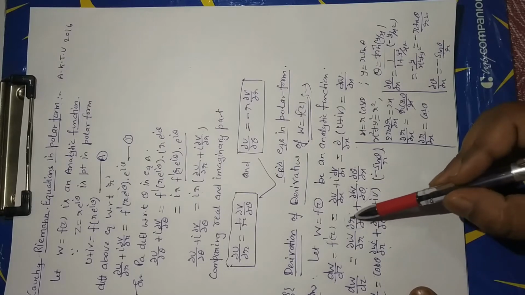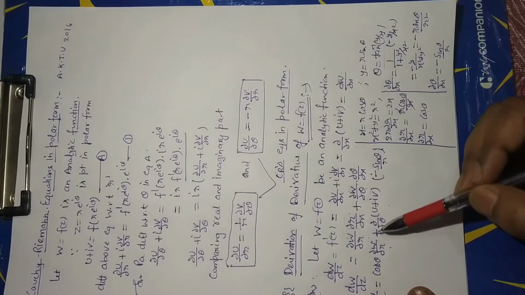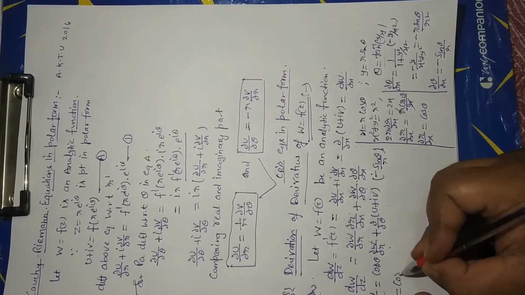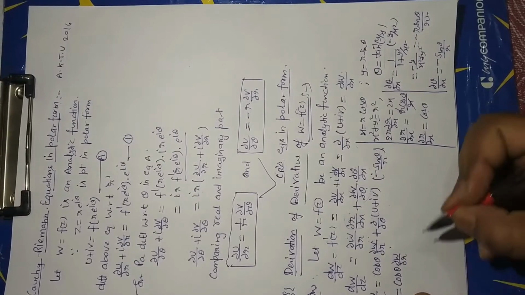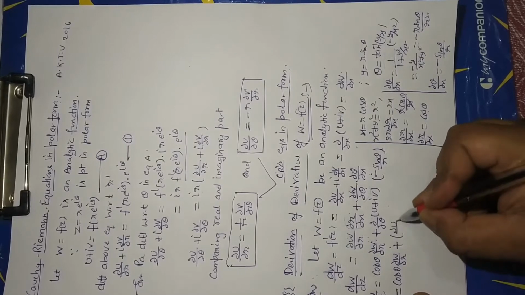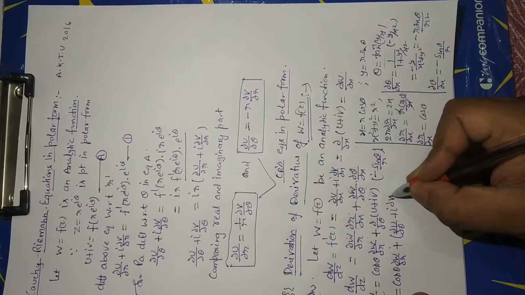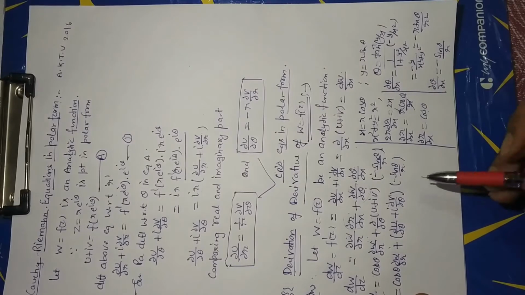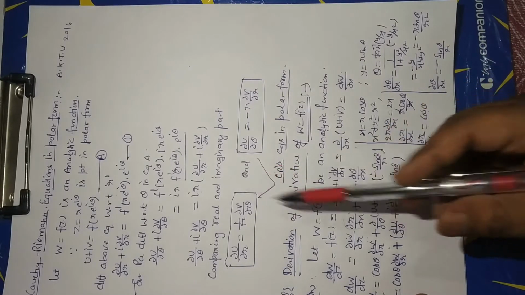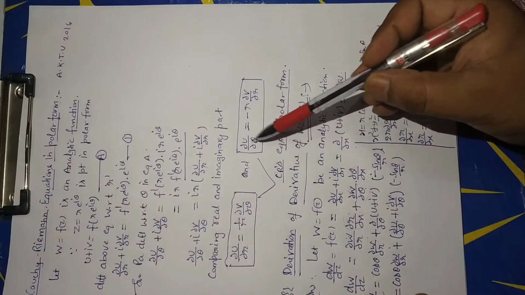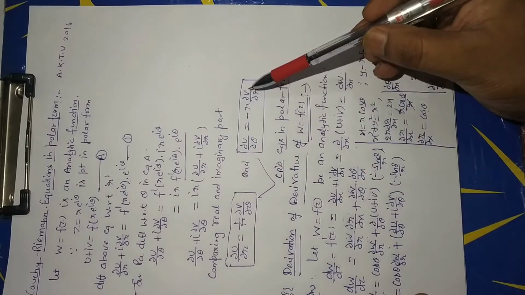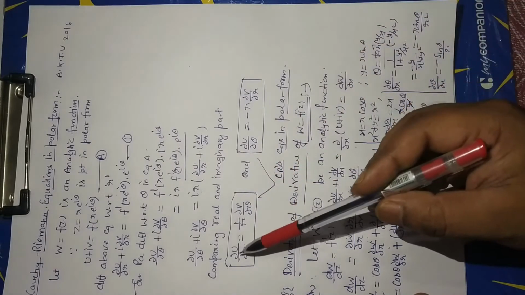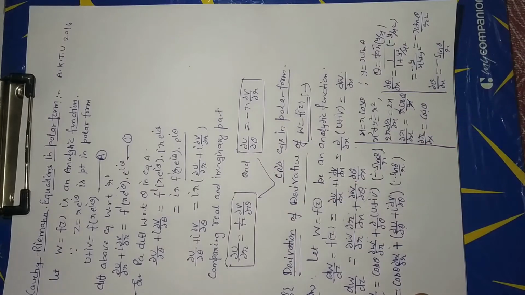Now cos theta del W upon del r as it is, plus del u upon del theta plus i del v upon del theta, times minus sin theta upon r. Now using the CR equation in polar form, the value of del u upon del theta is minus r del v upon del r, and the value of del v upon del theta is r del u upon del r. Then we get